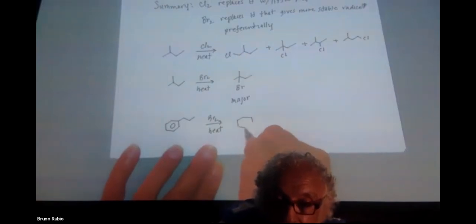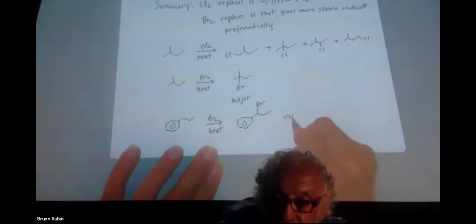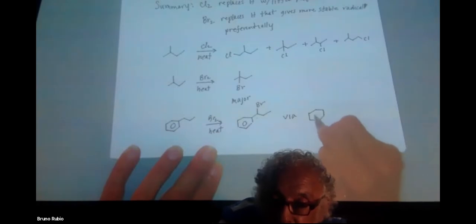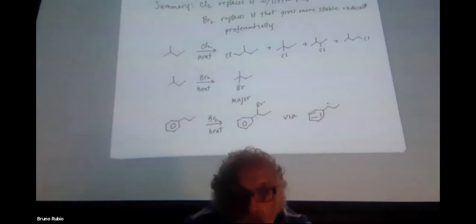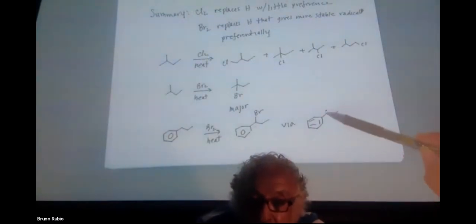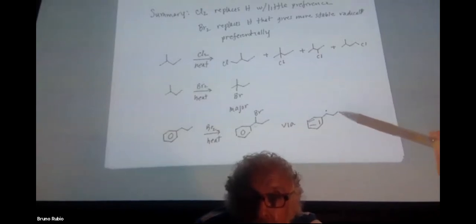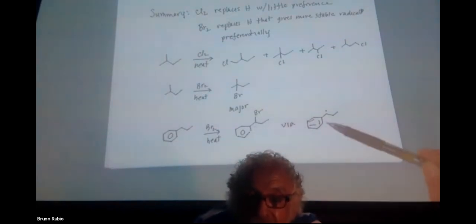It's going to be this one, via this resonance stabilized radical, right? Because Br is replacing the hydrogen that gives the most stable radical. If I put the radical dot here, I get a resonance stabilized radical, and it's also secondary. If I put the dot over here, that's just a secondary radical, not stable. If I put the radical dot over here, I'm going to get a primary radical. That's one of the worst kinds of radicals, right? So the product here is going to be replacement of the hydrogen that leads to the most